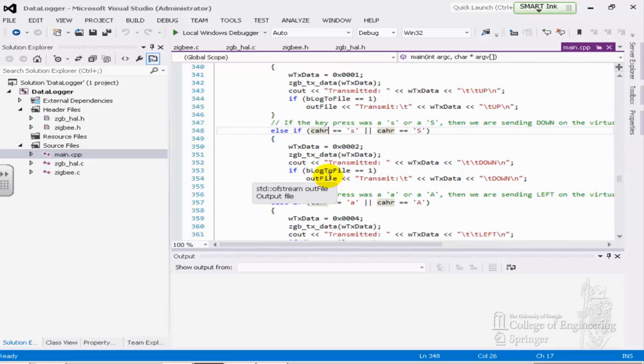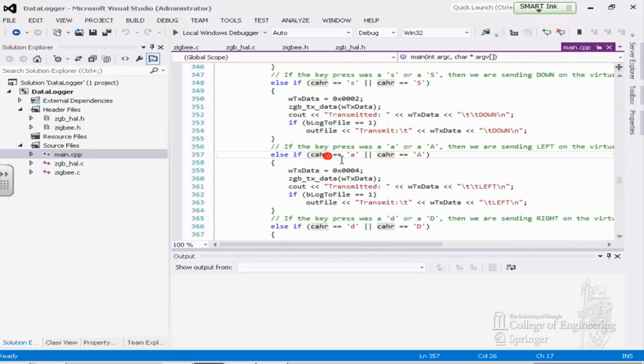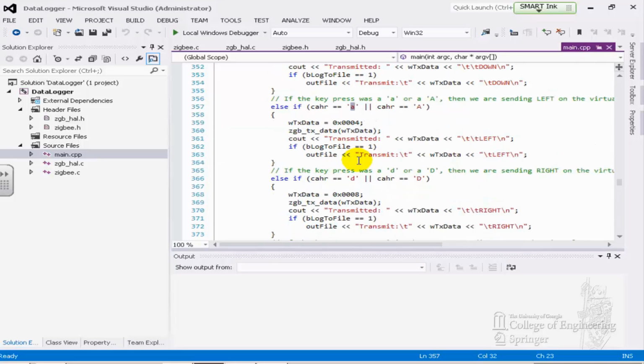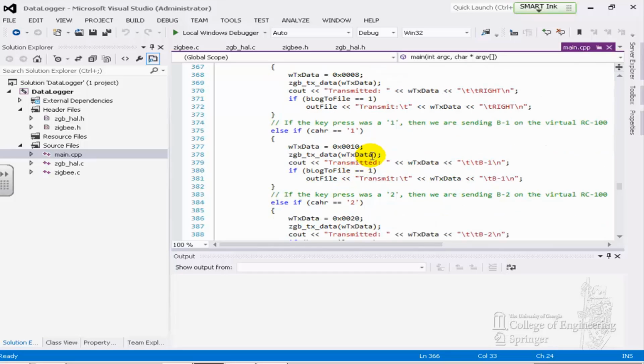So you can see that, let's say if you create another, when you enter whatever key you decide to do later, you can create another block of code for yourself. And you can massage the data, insert thing, insert ID, insert whatever. That's your piece of code here. You do whatever you need here. Because what it does is deal with the S case, with A case, with D case. And then here, if you press a 1, there's all kind of comments in here. So if you push 1 on the keyboard,